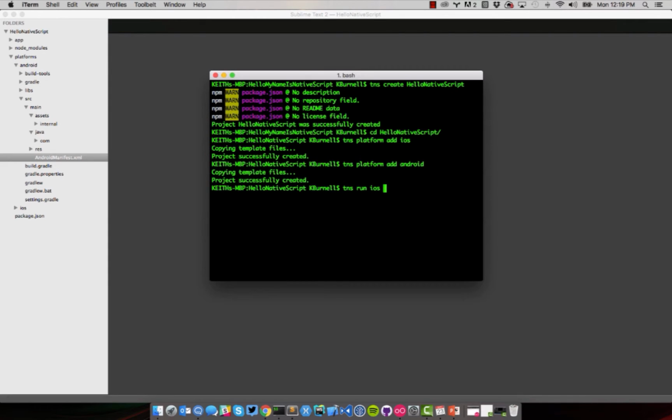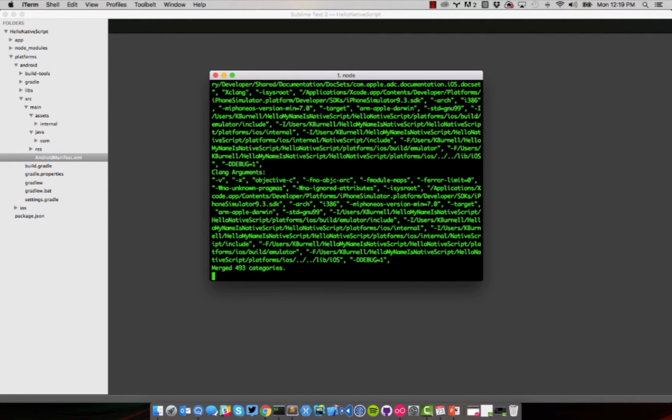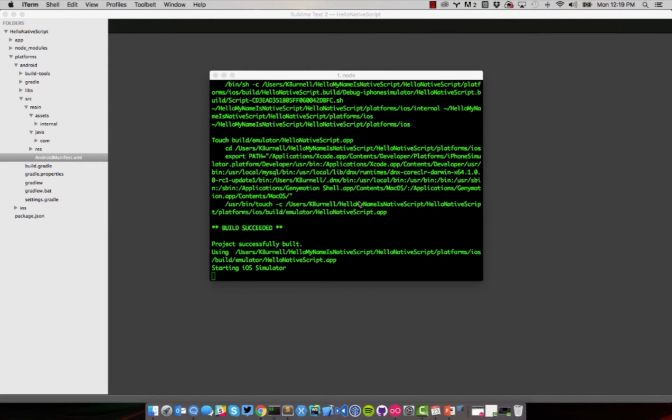And because I don't have a device currently connected to my Mac, I'm going to run it in the emulator. And I tell it that by giving it the emulator switch. So TNS run iOS emulator. Hit enter. And it's going to run through and spin up the simulator. I'm not sure why the command line switch is called emulator, because it's actually a simulator that's running on iOS, but